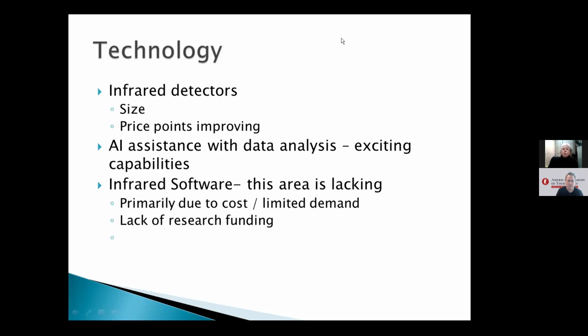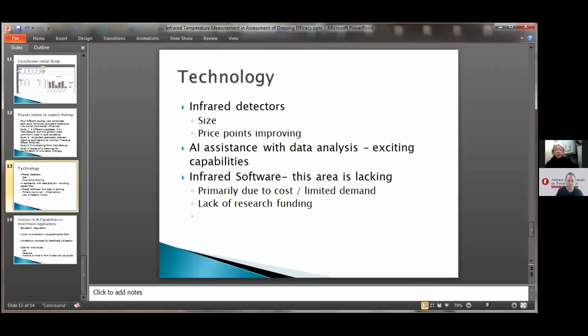So what we're looking at today is that we've had excellent change in detectors. We have had the price point improving compared to when we did this study. This study was done well before point of care was even a concept. But what we found was limitations from the infrared software. I'd like to change over real quick on this PowerPoint, and I'd like to bring up an example of how